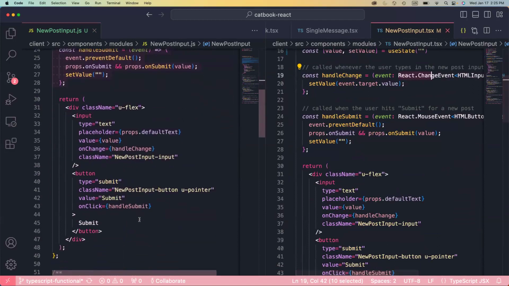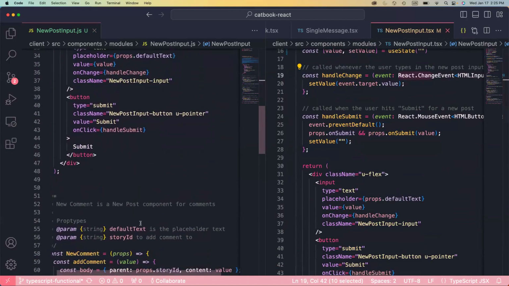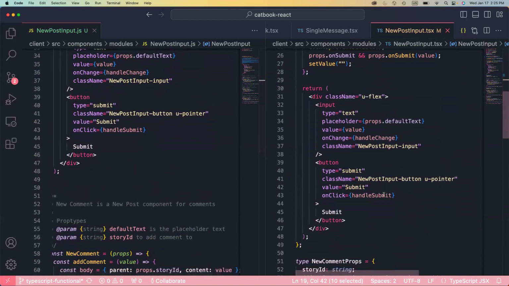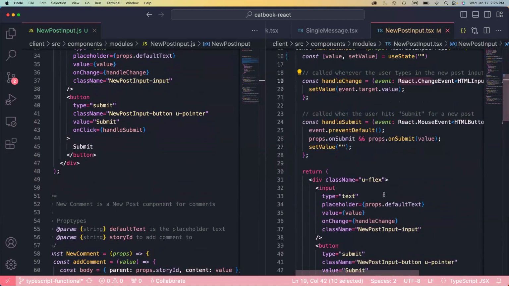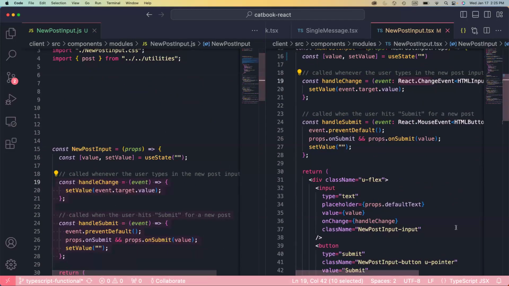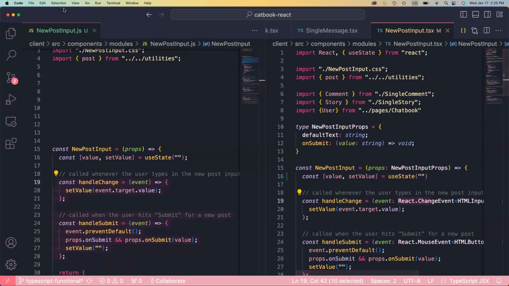But everything else is basically the same. So it's very easy to move from JavaScript to TypeScript. You just need to define your types. And you can also create custom types, which is really nice. So yeah, we highly recommend using TypeScript if you can. It'll make your code a lot safer and easier to read.